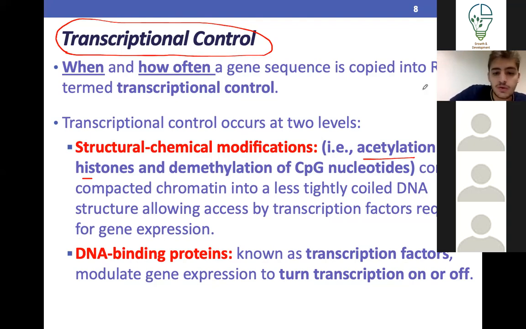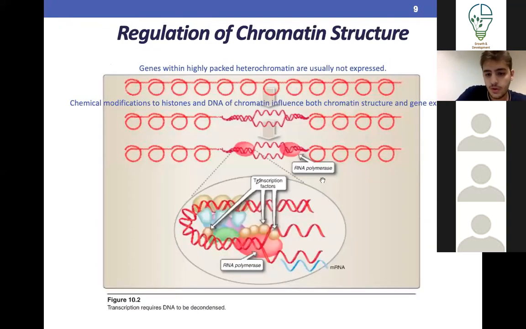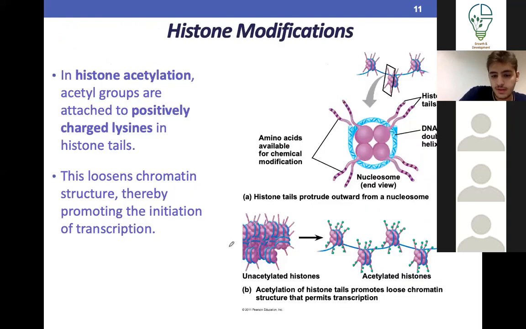And the reason this happens is because this causes the DNA, I don't know how to draw DNA, okay, to unwind. So when it's wound up, okay, you don't get transcription. But when you acetylate the histones, it unwinds. So usually DNA is wound here, but when you acetylate the histones, you get unwound DNA, okay? So now RNA polymerase can come and transcribe this part. So that's the first thing.